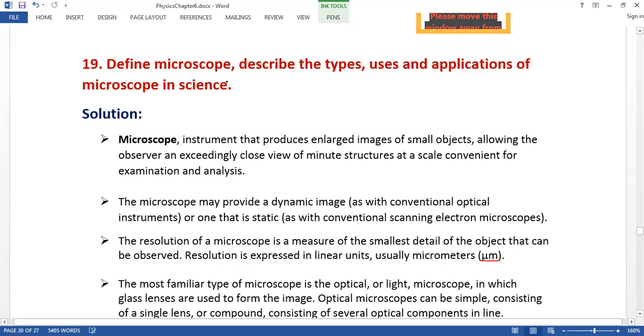So in this session, we'll be studying chapter 6 of physics, that is geometrical optics. This is part 5 of the video lecture. Parts 1 to 4 of this chapter have already been covered. They are there in the playlist, you can watch them. So let us begin with the class.